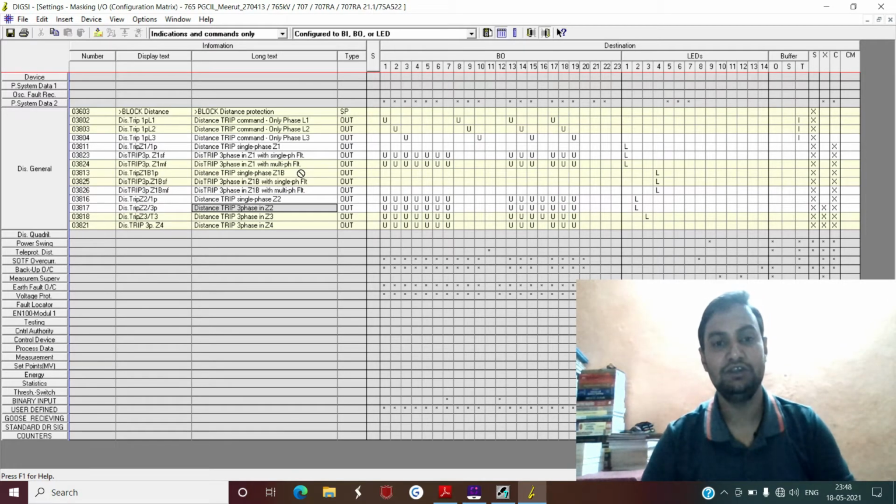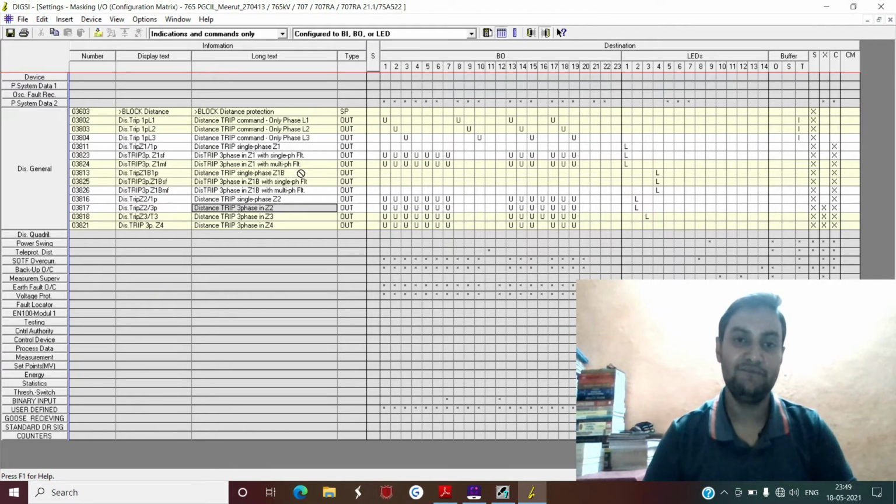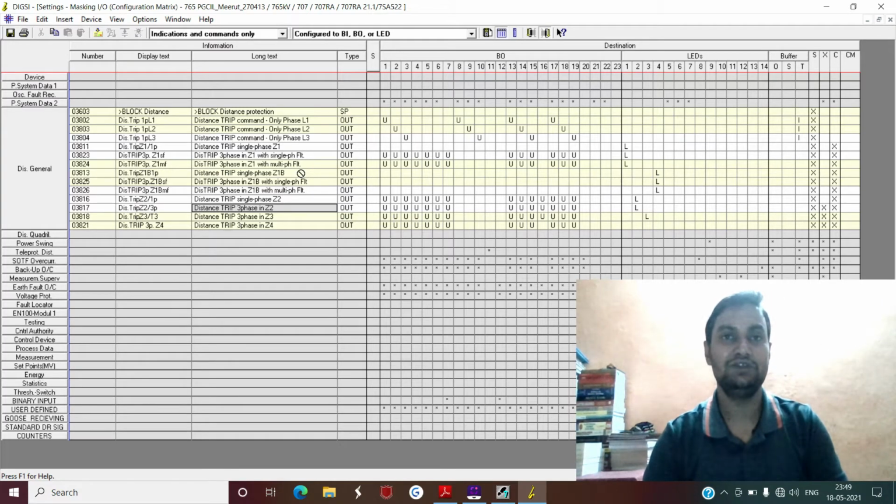I have already explained this in your distance protection scheme theoretical session. So whenever there is a fault in zone 2 and the carrier is received at the local end from the remote end, either due to your configuration as PUTT or POTT scheme, now you want your relay to issue only a single phase trip command for a single line to ground fault for auto reclosure purposes, because when you have received the carrier, that means generally the fault is inside the principal line section. So you want your relay to issue auto reclosure, and once you want auto reclosure, that means you will have only a single phase trip command.